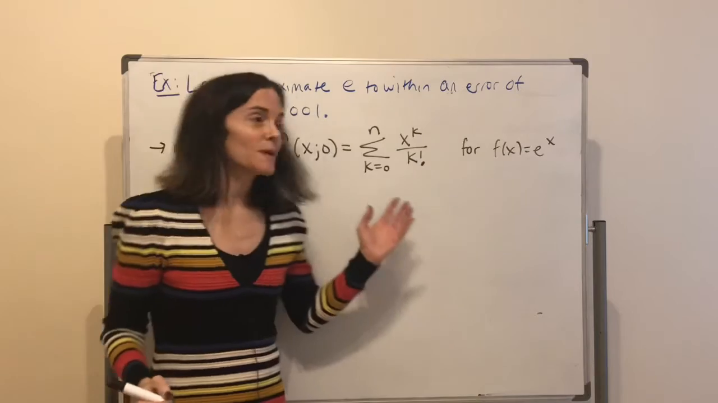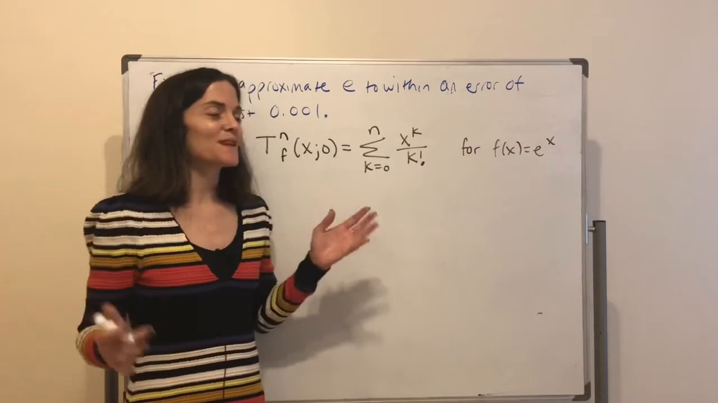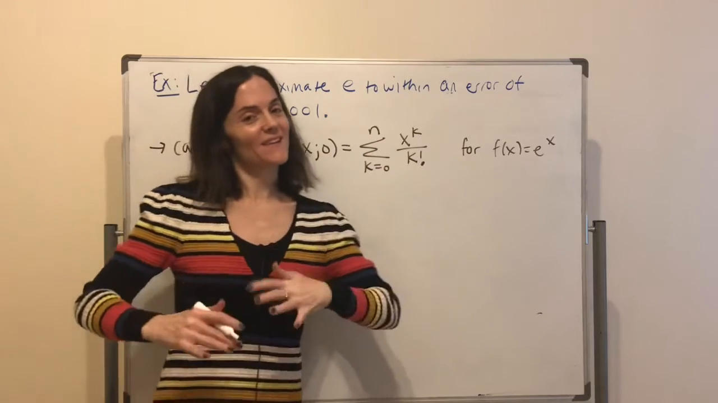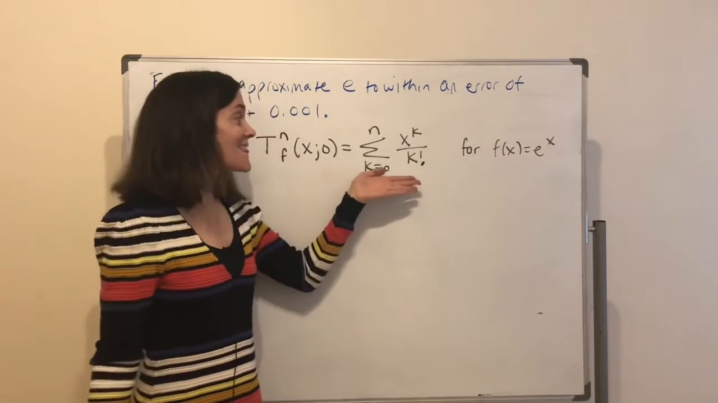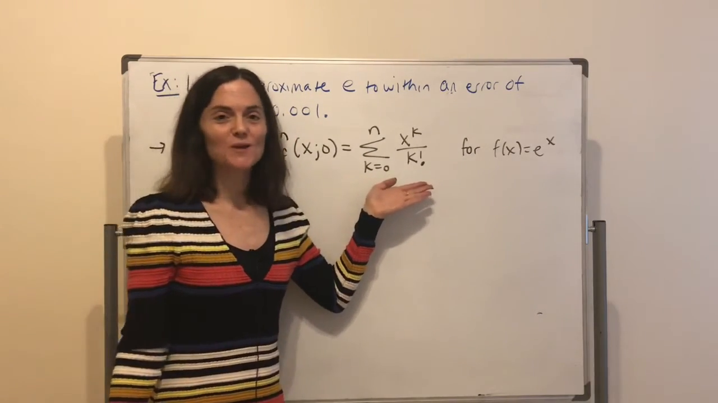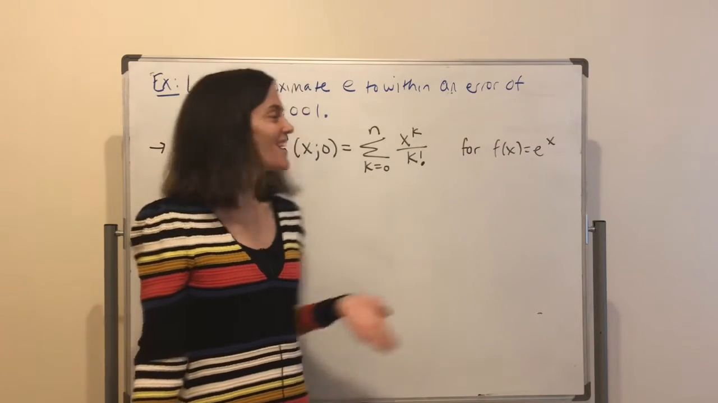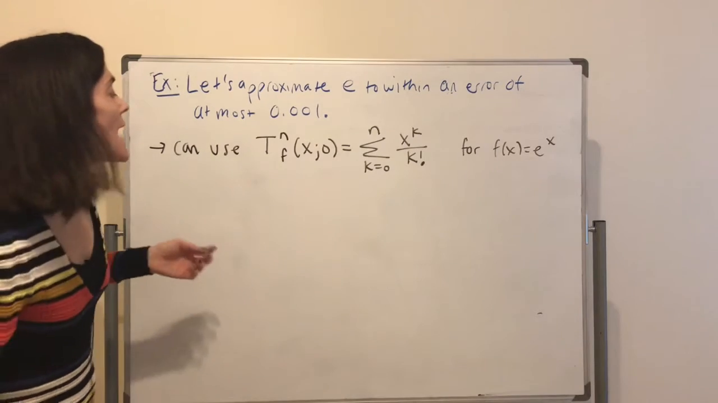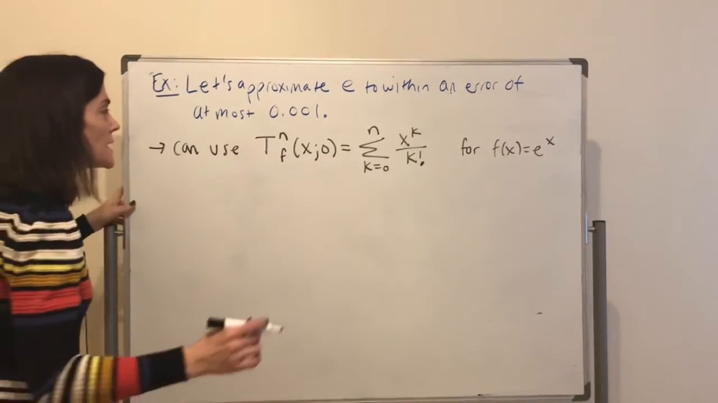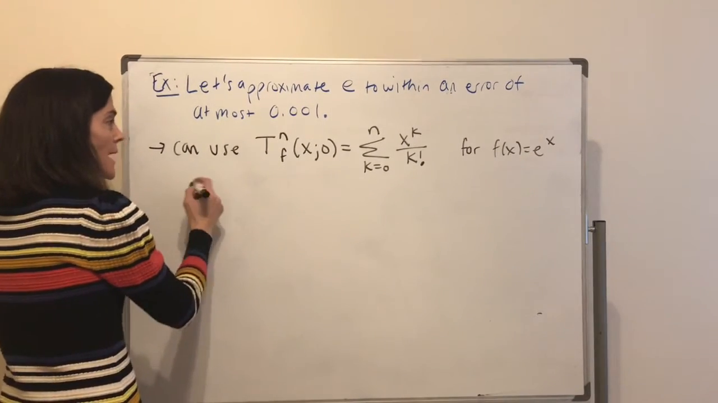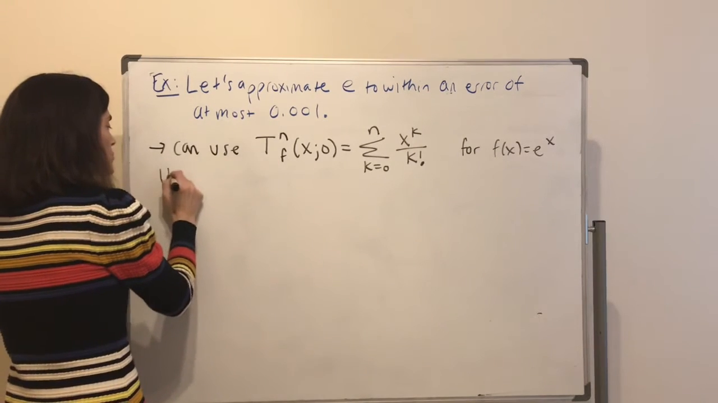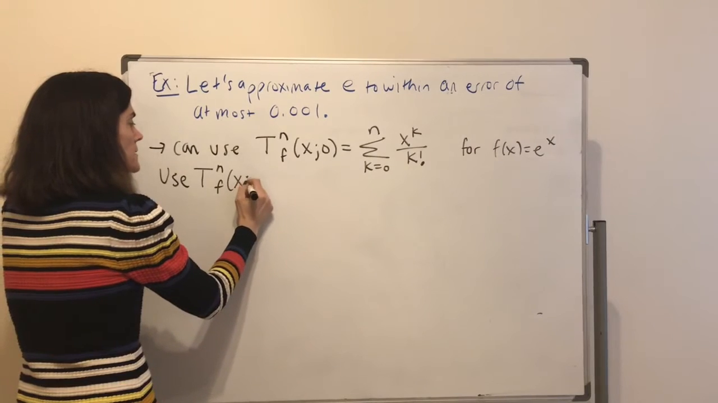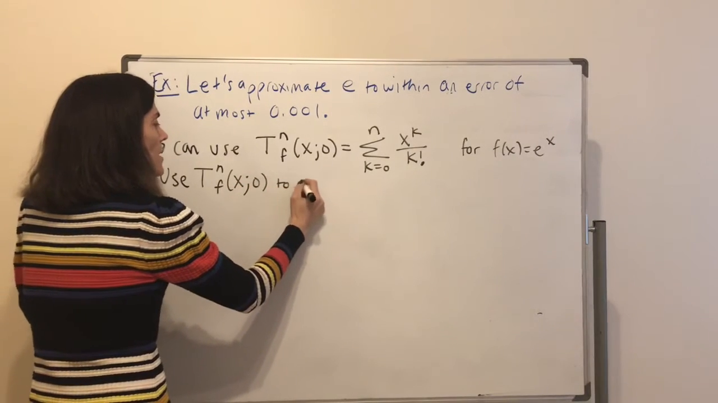In fact, we know, and we discussed this in the last video, if we go to infinity, just put an infinity here, it's something called the Maclaurin series. And this is the nth order partial sum of that series, okay? But I'm going to use this, okay? Now, what I will do is, okay, so I am going to use this. We will use T_n f(x), 0 to approximate